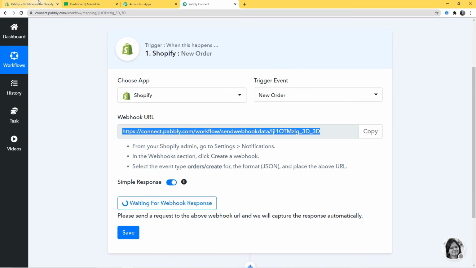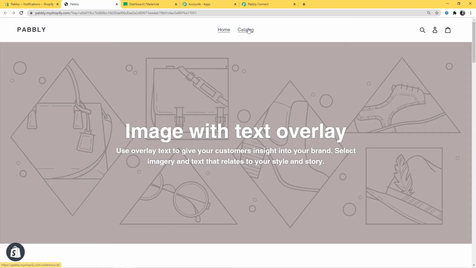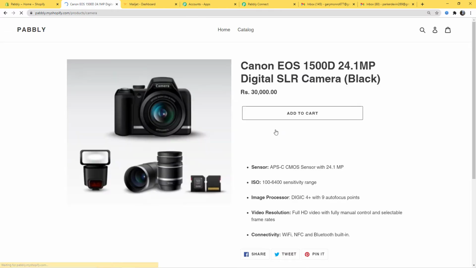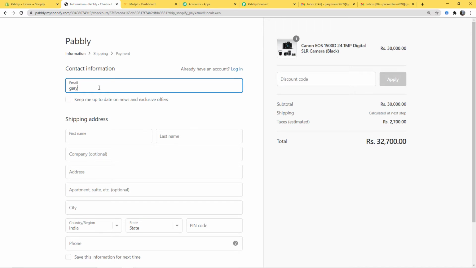So now I'm going to go to my Shopify and here you can see online store. So I'm going to open it in new tab. Okay, so now I'm going to click on catalog and I am going to buy this Canon EOS 1500D camera over here. Okay, so now I'm going to buy. Okay, so now in email I am going to put Gary Monroe